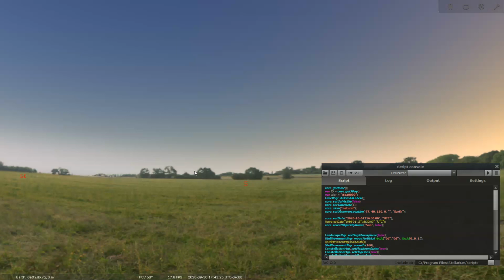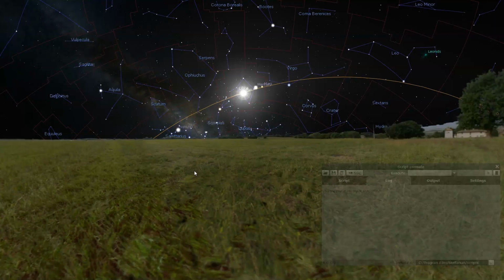So in any case, this script will run for anywhere from 30 seconds to a minute, depending on exactly what I'm trying to show you. So generally you can let it run. In the script console window itself, you can hit the stop button at any point. But for the most part, you won't have to. Just let it run. It will stop at an appropriate point, and then you can go ahead and move to